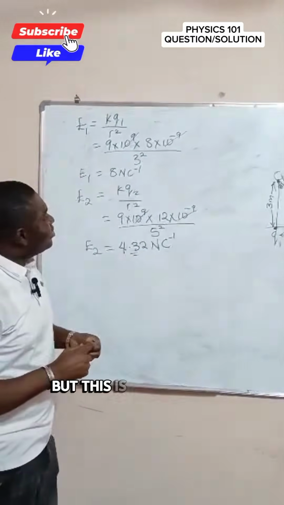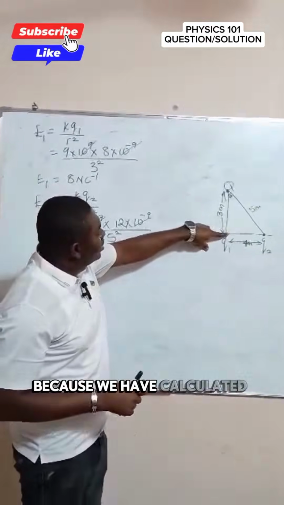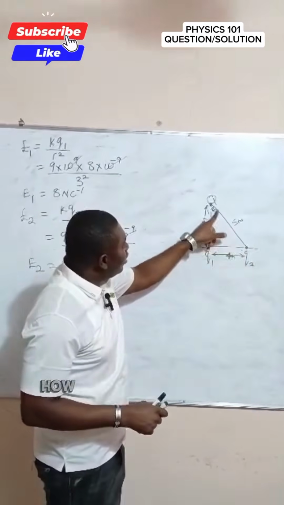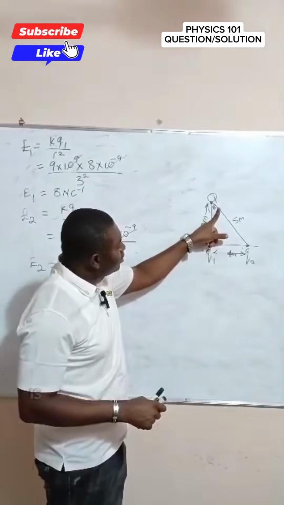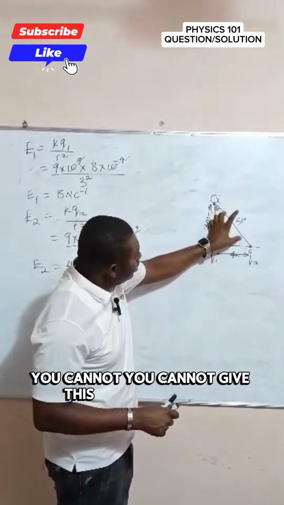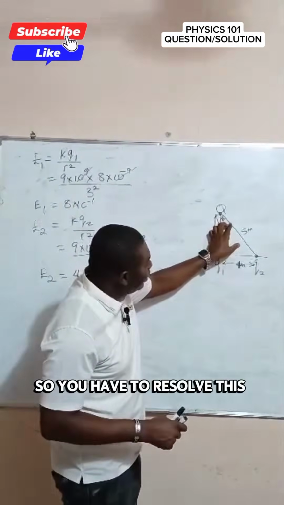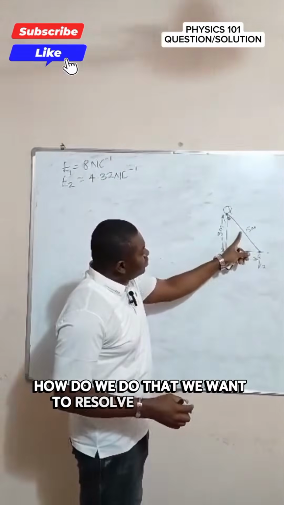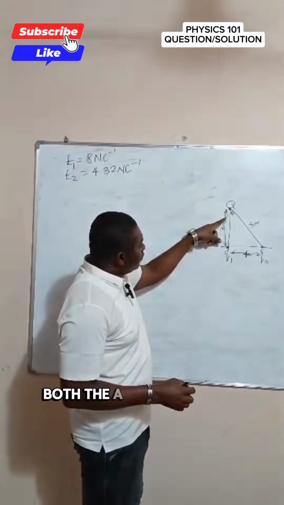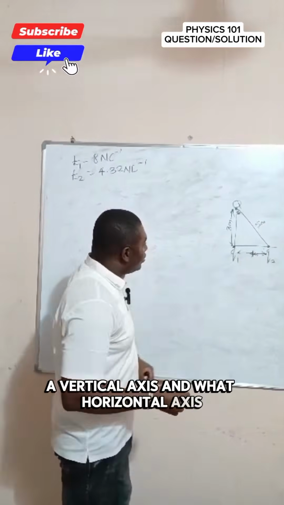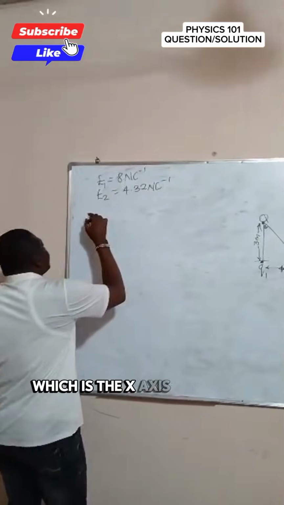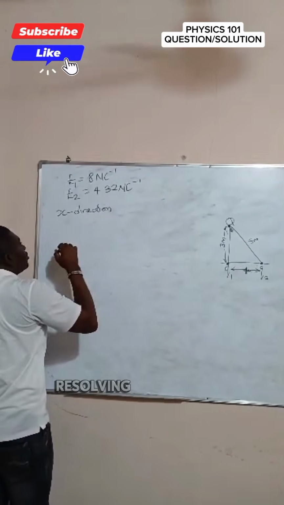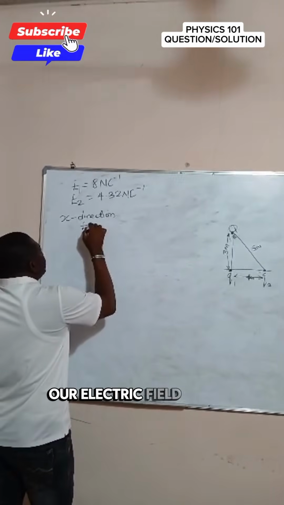But this is not the final answer. Why? Because we have calculated for Q1 and for Q2, but we have to resolve this one. How will you define this line? Is it vertical or horizontal? You cannot call this line vertical or horizontal. So you have to resolve it into vertical and horizontal. How do we do that? We want to resolve this into both the vertical axis and the horizontal axis. Let's start with the horizontal axis, which is the x-axis. Resolving it into the x direction,